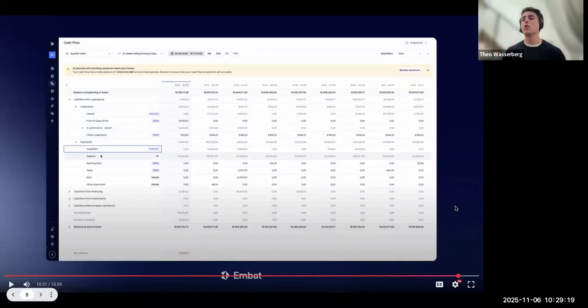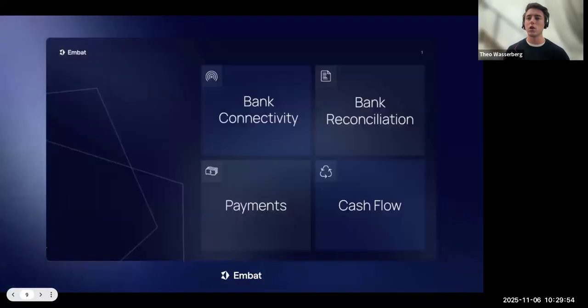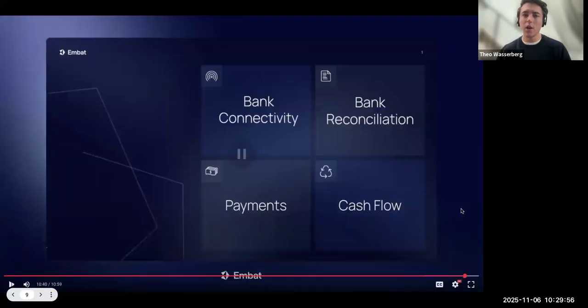And then the manual entries mean that you can just treat this like an Excel and put manual data into the system. So if you are a group that's got 5 entities and you're doing a cash flow at the entity level and then trying to consolidate that, at the moment, that's a huge amount of work that is almost always done on Excel. But with this, you're able to control that process, homogenize it, and allow for consolidation very easily. And it also gives you a level of accuracy and a level of live data in your cash flow forecast that's hugely valuable.